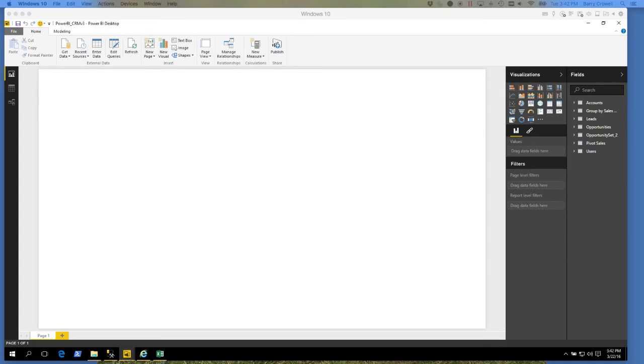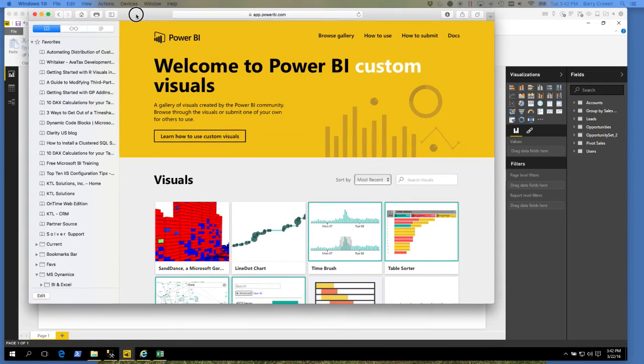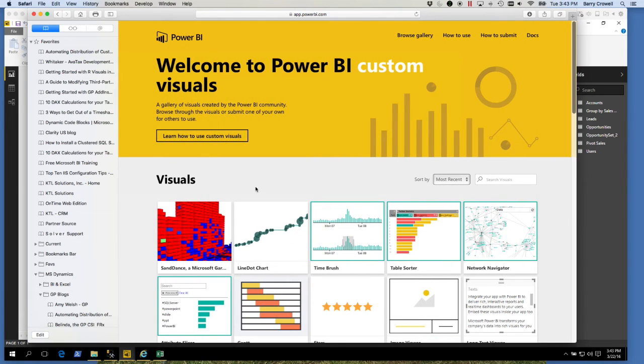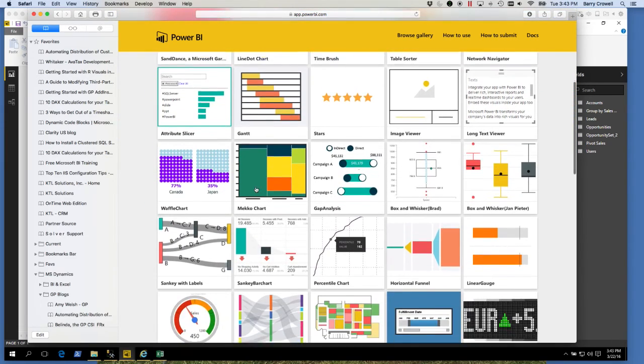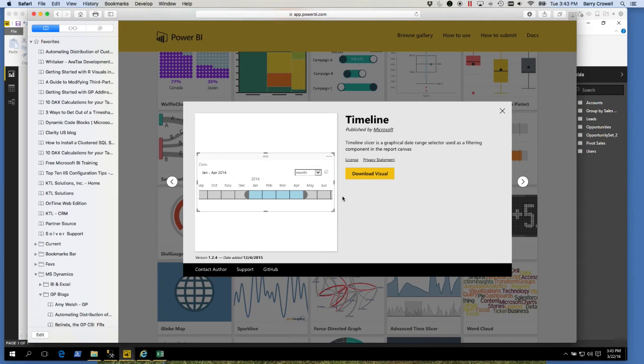One of the handy tools and ways to extend Power BI that Microsoft has done is allowed individual developers and themselves to add custom visualizations to Power BI that you can download and then import into your models. One of the ones that I'm going to use today is basically the timeline visualization, and I can download it and then import it into my